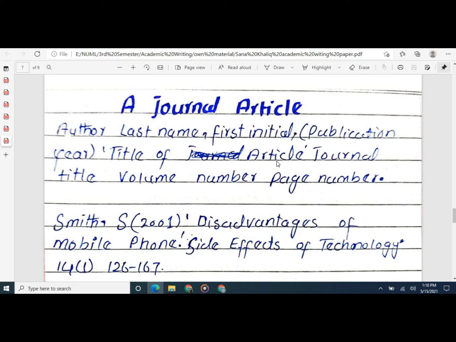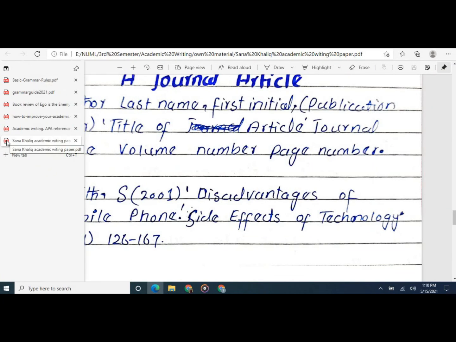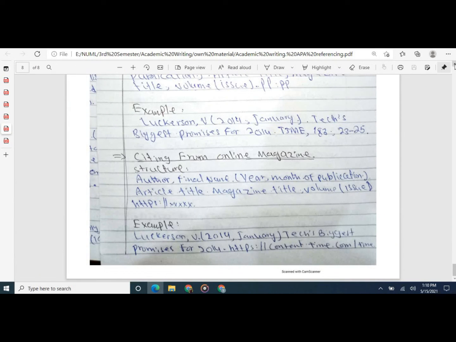And how to cite from a journal article. For this you have to write the author's last name, first initial, publication year, title of article, journal title, volume and number, pages. For example, Sumit, S., 2001, Disadvantages of mobile phone and side effects of technology. So this is from page 126 to